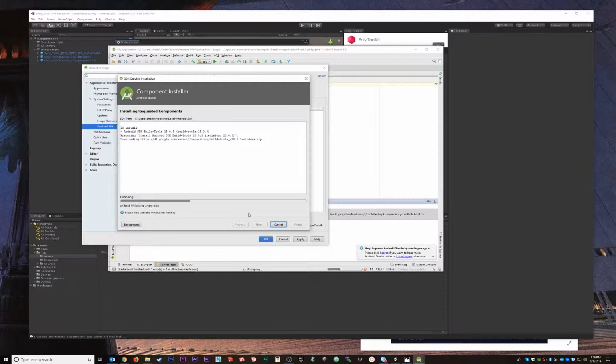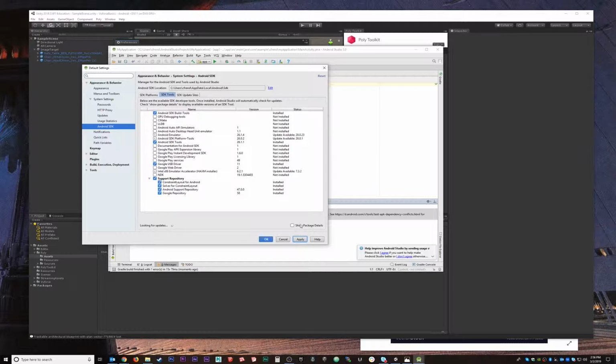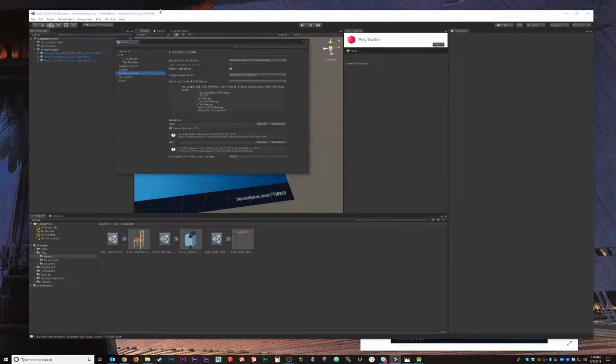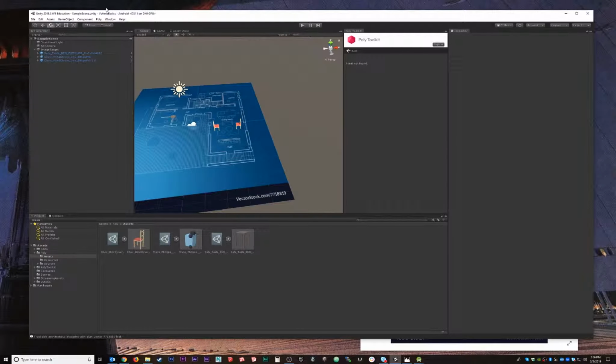So one of the last parts of this, after everything's installed here, this might take you a little while depending on what you're downloading, we need to figure out where this is. So for me, the Android SDK location is right there. So I actually just need to copy this text right here. So Control C and head back into Unity, and then for the SDK location, I'm just going to paste that right there. Okay. So now we are linked up with the Android SDK,